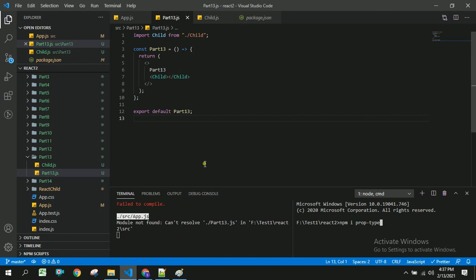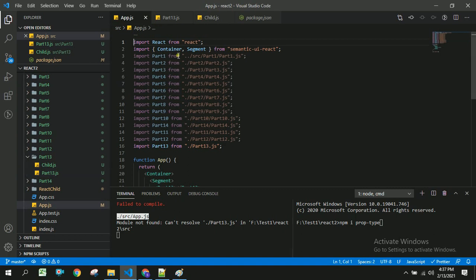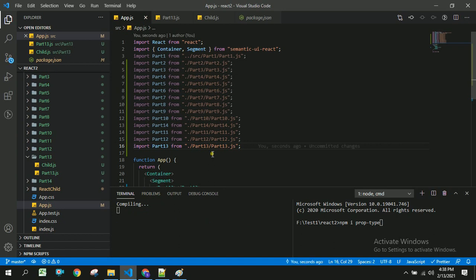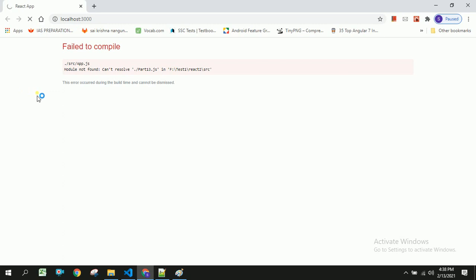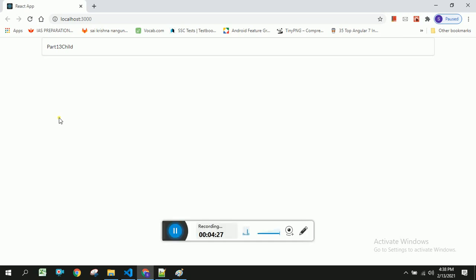Let us save this. We are getting an issue in App.js, as we have not placed this as part13. Let us save and check whether we are able to get part13 and Child in our application. Head back to the browser and refresh. You can see we have got the part13 and Child text from the part13 component and the Child component.